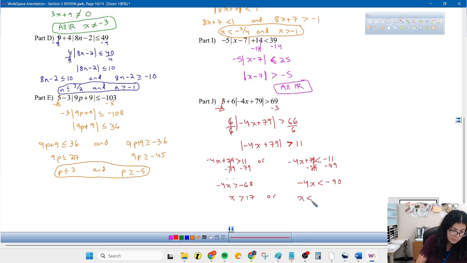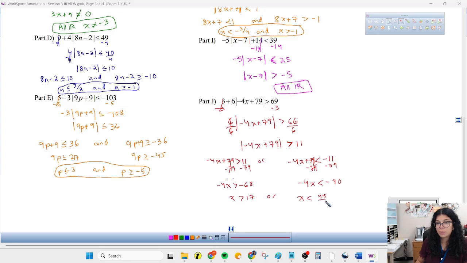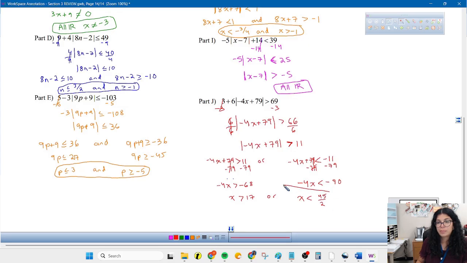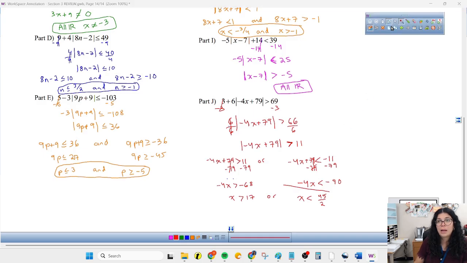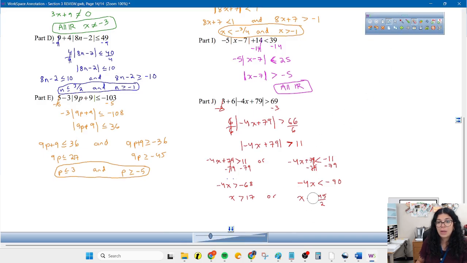X is less than, it would be 90 over 4, which would simplify to 45 over 2. Oop. And since I divided both sides by a negative, it does flip both of these inequalities around. So it's actually x is less than 17 and or x is greater than the 45 over